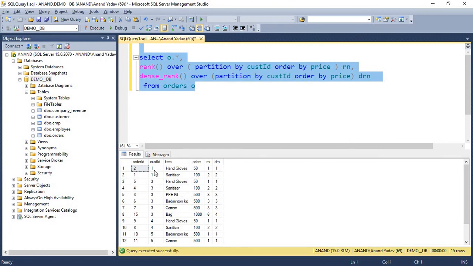If you can see, customer 1 is buying items in the range of 50 to 100, so we'll offer him items in that range so that he can purchase.